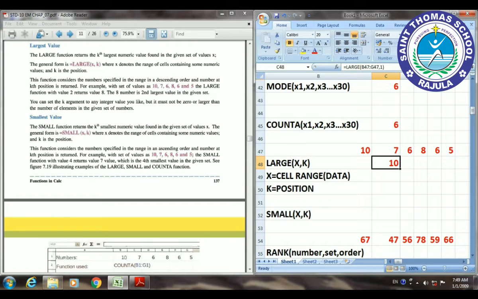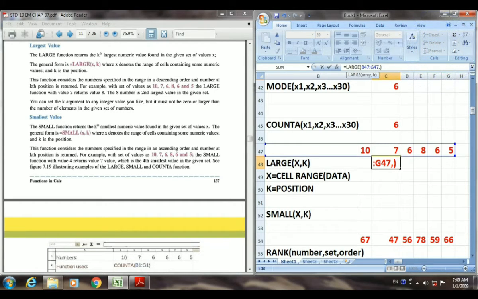That is why the answer 10 is coming. Now I will change the formula. Instead of 1, I am writing 5. Now we will see what the answer will be. It is coming 6. Why 6? Because first it will arrange your data in descending order: at the first place is 10, then 8, then 8, then 7, then 6 and 6.